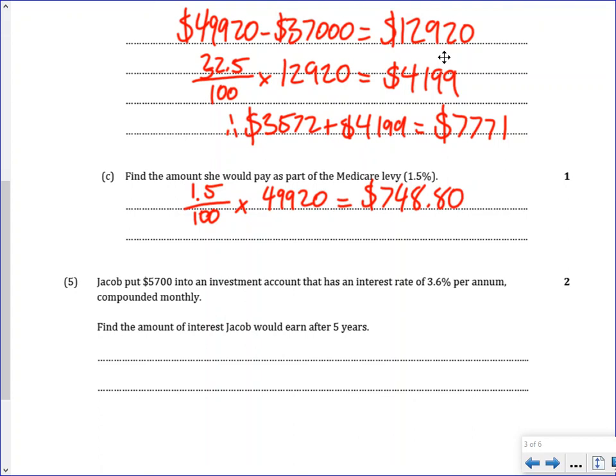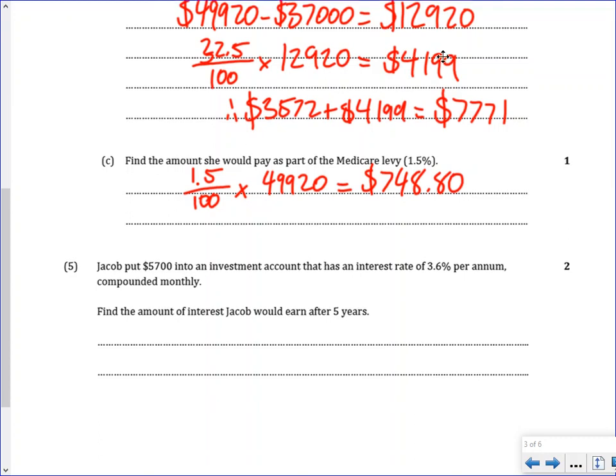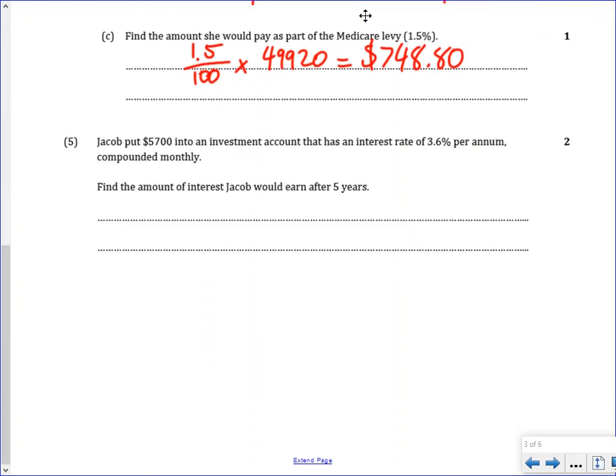Alright, next we have Jacob puts $5,700 into an investment account at this rate for monthly. Alright? And that's important. As I've said in the past, the most important two words in this whole question is that, because that changes everything. If I just do 3.6 over 100 and then to the power of 5, I'm not going to get the right answer. So, what we're going to do here is we have A equals